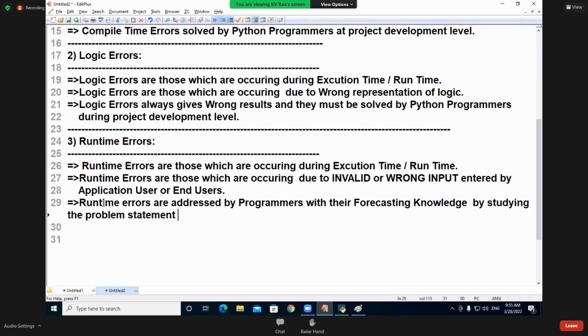Implementation errors are runtime errors. Did you understand? So tell me now, I'm going to prepare one important points now. I'm going to build a lot of points in the class. Let us see. How many types of errors? 3 types. Number 1, compile time errors, logical errors.